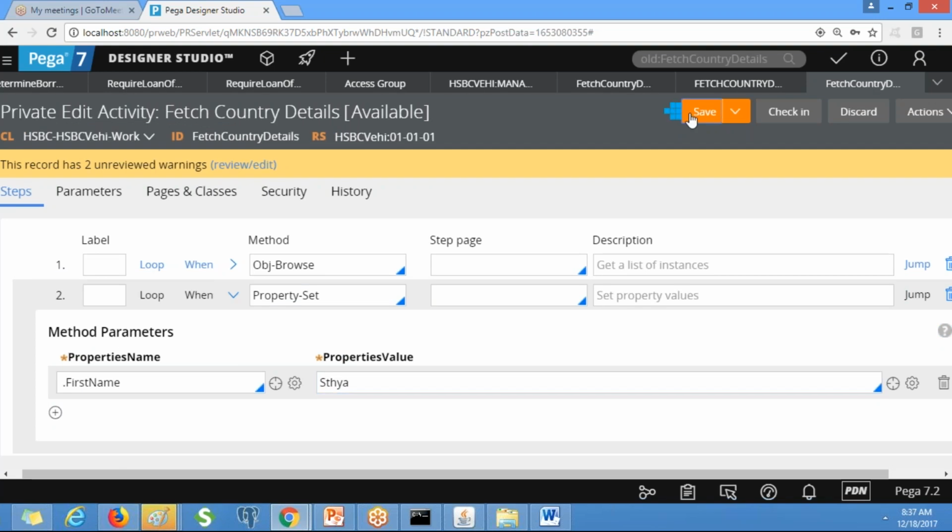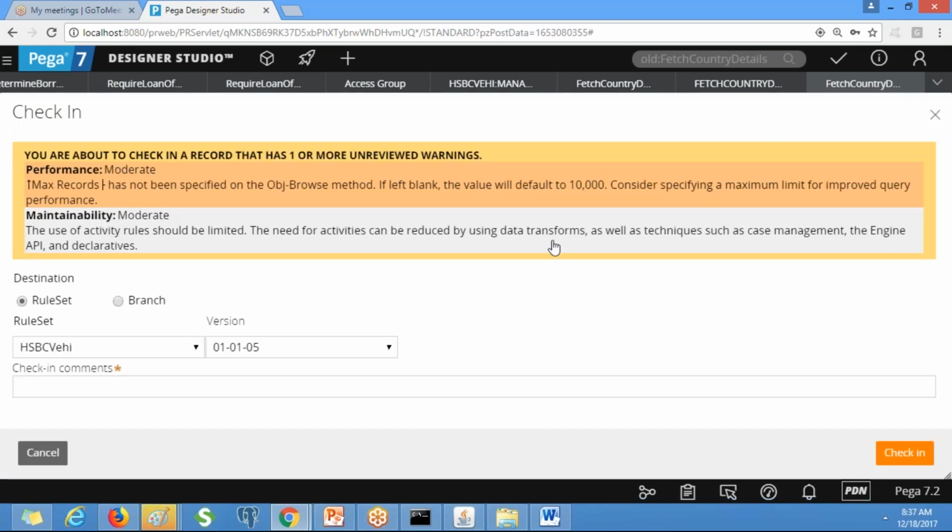Okay, so when I execute the flow, this will be executed. This rule will be executed temporarily. Even though you have this same rule in multiple versions, this will be picked because it is there in the checkout. Okay, clear? So now I'm going to check in this rule.